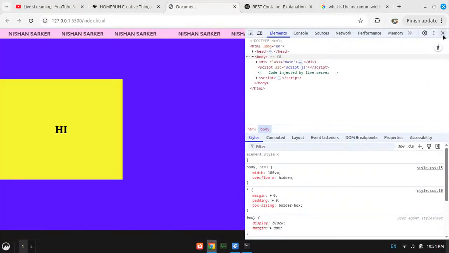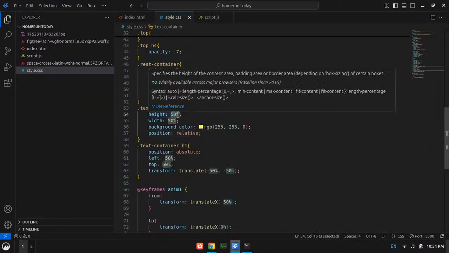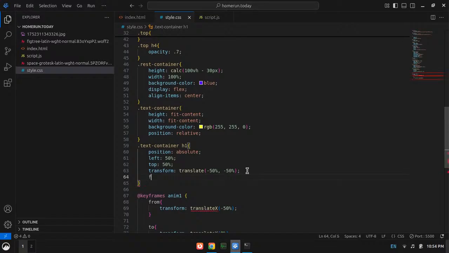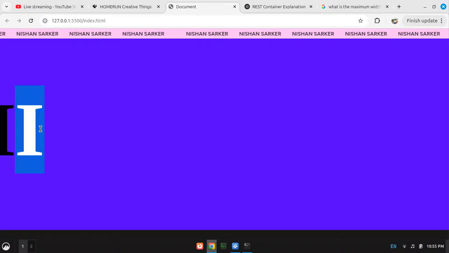Right, I need to increase the height and width, which will be fit content. And now let's just increase the font size here to 17 pw that we were using before. Now what happened?